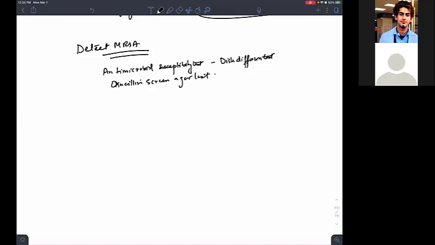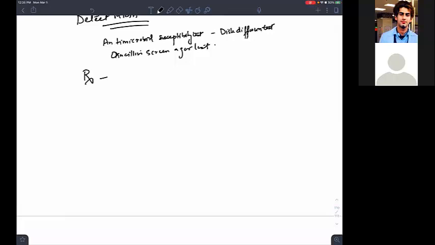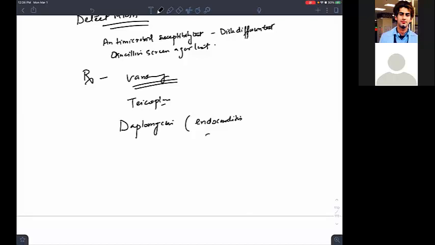How will you treat an MRSA? Again, you can write in this topic: what is the treatment of an MRSA? Vancomycin. What other drugs can you give? You can give teicoplanin, linezolid. You have quinupristin also from pharmacology, or dalfopristin, or tigecycline. What else can we think? Oritavancin we have. We have daptomycin. We give daptomycin for endocarditis.